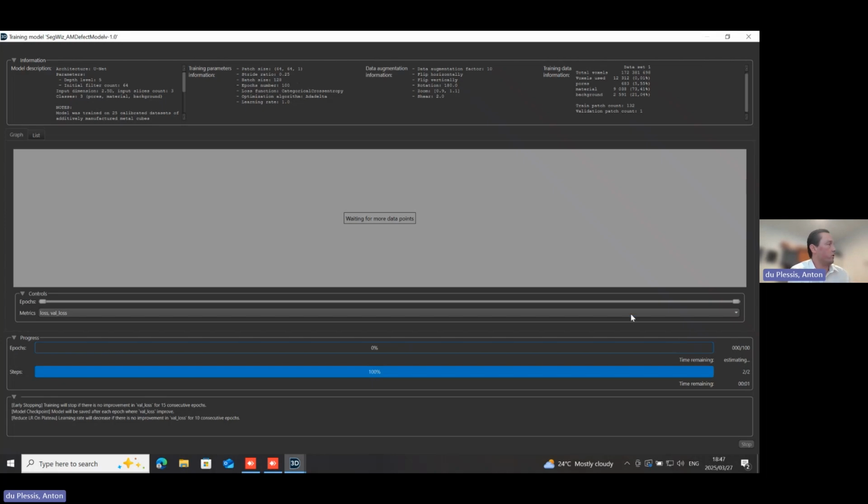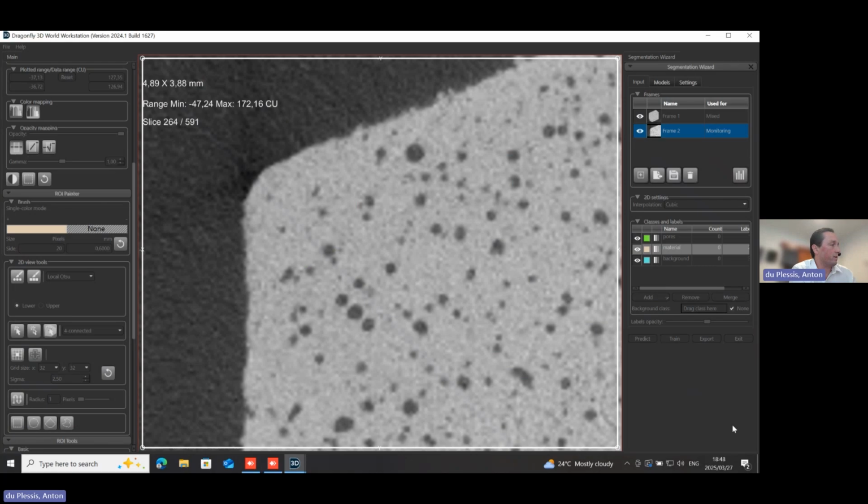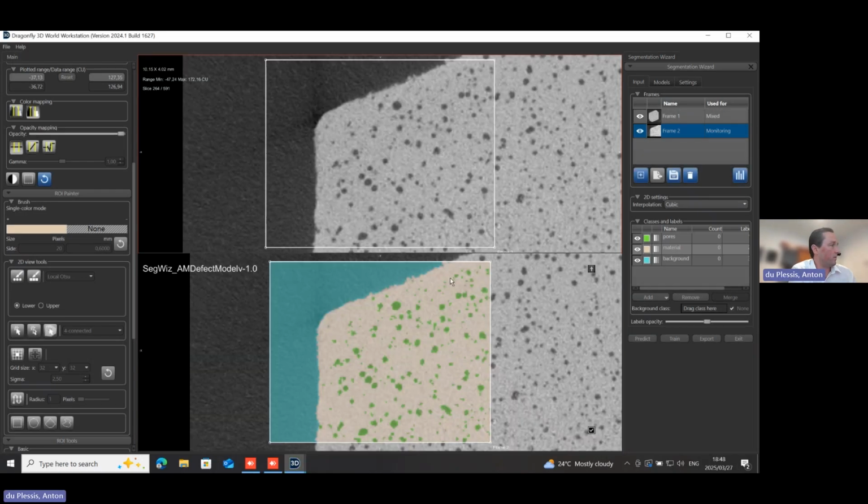In this interface here, you see all the details of the AI at the top, and you'll see the convergence. This is a real-time live demo of deep learning working, and it's quite fast. As you see, it's working quite well because the model was already trained, and it's just adding some data. So it's actually stopped very fast. It's converged. It has an auto stopping. And in this case, we're quite happy with that. You can actually add data and continue training.